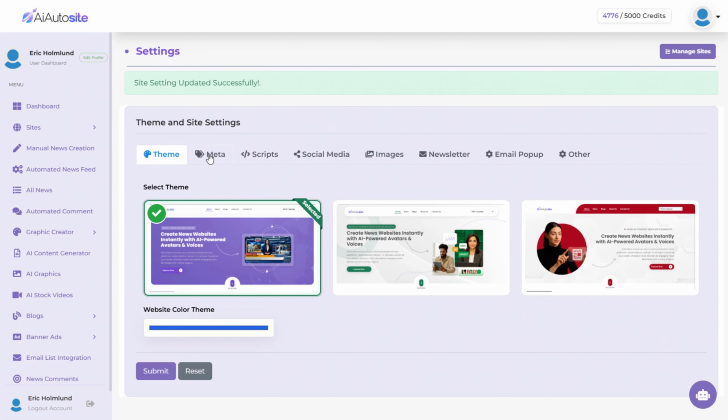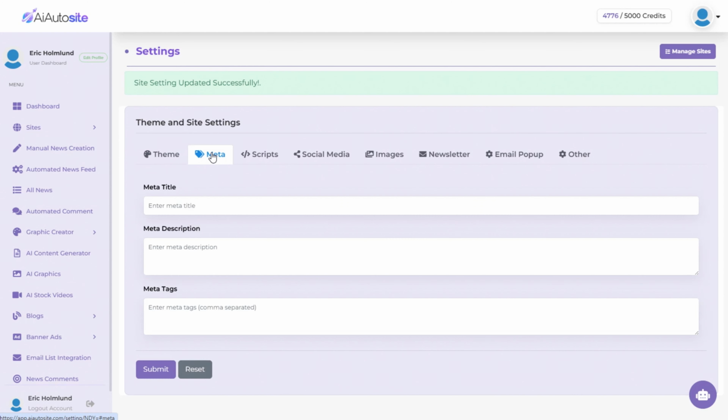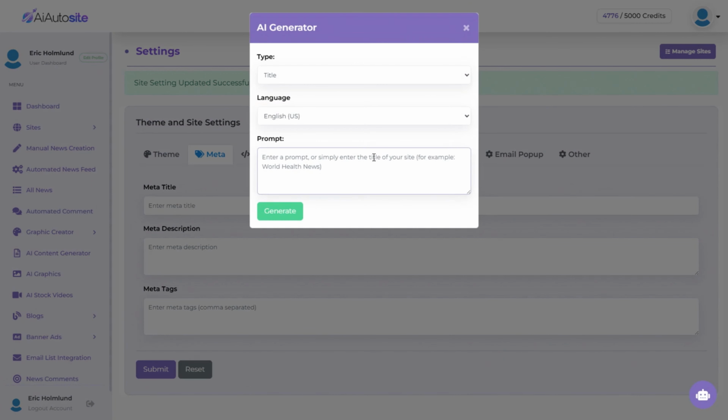Within your theme and site settings, you can see we have several sub-tabs to choose from. The next one is Meta. This is used for SEO purposes. If you want to write your own title and description, go for it. Otherwise, you can go ahead and use our AI assistant. Down in the right-hand corner, you'll see our AI robot. Click that little guy. From the drop-down, I'm going to select Title, and you can either enter a prompt or,